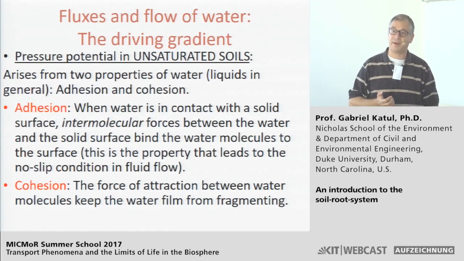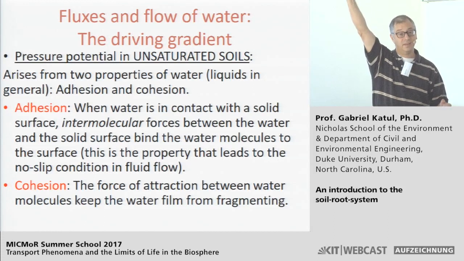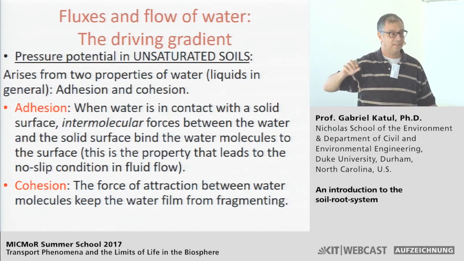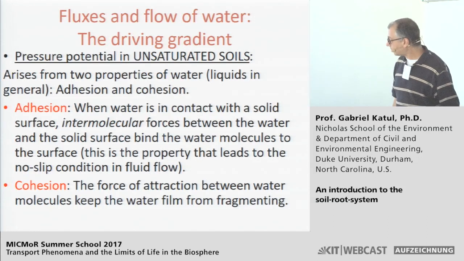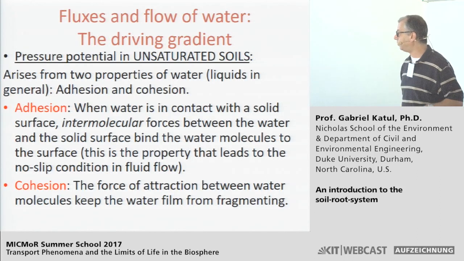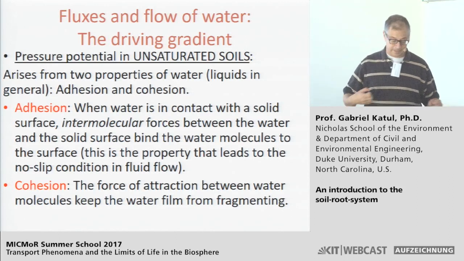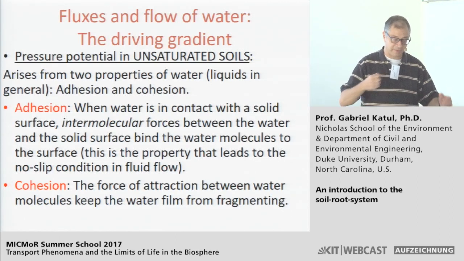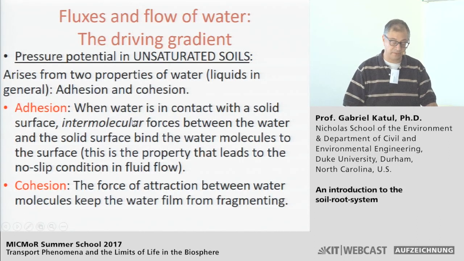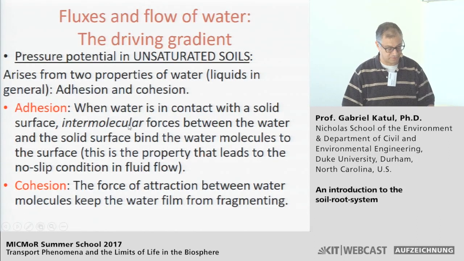And in the case of plants, cohesion tension theory is basically when you get loss of water molecules by evaporation, as Wilfried mentioned, that you have to pull the entire column of water up by one molecule of water, and that generates the tension in the column. And so basically, because of cohesion, because of these attractive forces between water molecules that keep the film together, the water film can handle tension. But adhesion has to do with liquid-solid interfaces, and it is the desire of the liquid to bind on the solid surface. Okay,